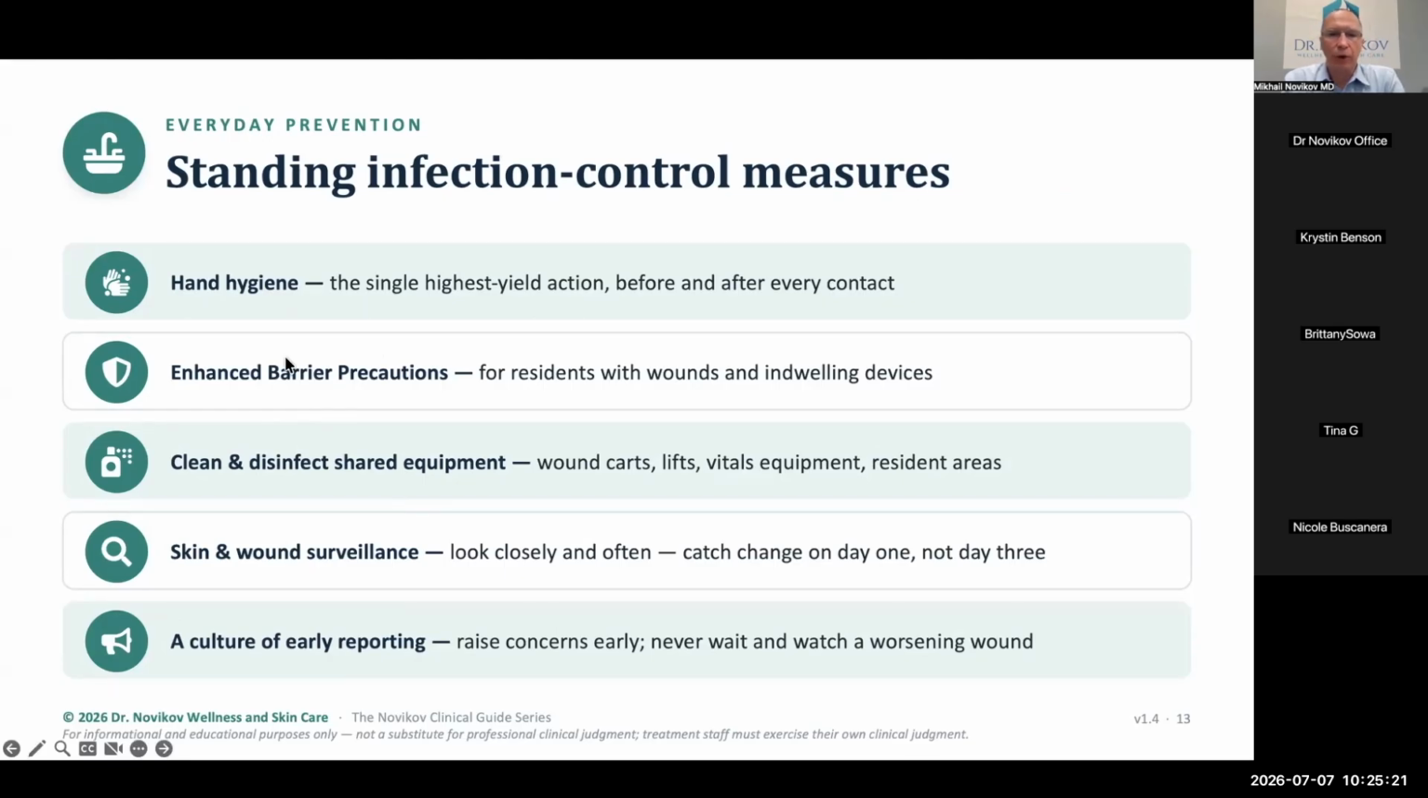Enhance barrier precautions for the residents with wounds and indwelling devices. Clean and disinfect shared equipment, wound carts, vitals cart, lifts, and resident areas. Skin and wound surveillance: look closely and make sure that you're catching major acute changes in the wounds. And then culture and early reporting, early escalating of the case if this is more of a medical emergency,